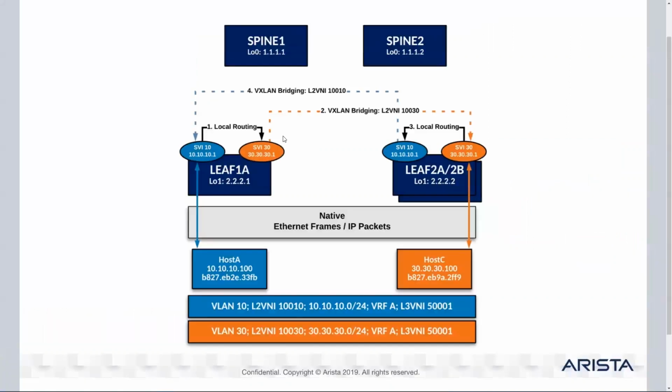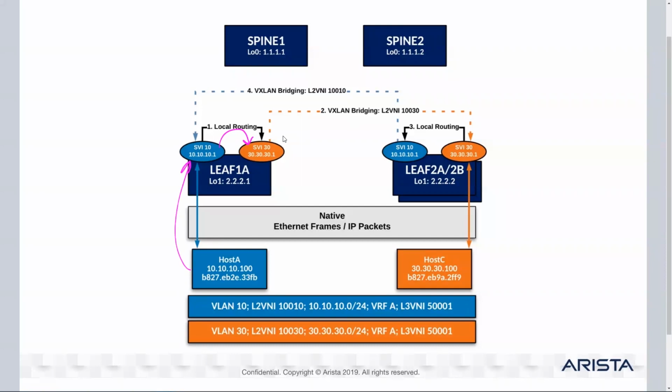All right, so what happened here in an asymmetric model is that host A sends the ping, and it reaches the first hop router, which in this case is the SVI on leaf1a. Leaf1a, as we saw, needed to make a local routing decision to route into the destination subnet. So it makes a local routing decision into the SVI, into the network 30. Once it's actually in that particular subnet, now it can make a bridging decision to send the ping ultimately to